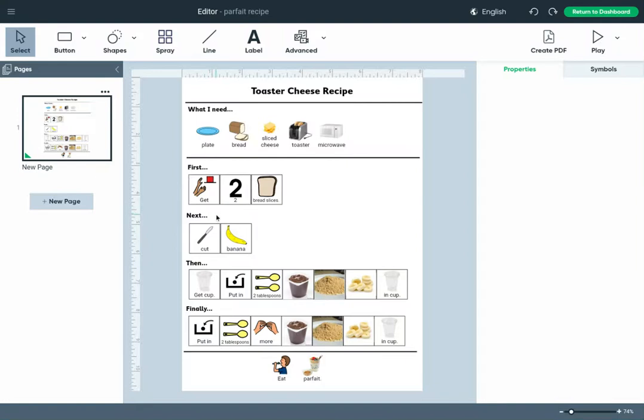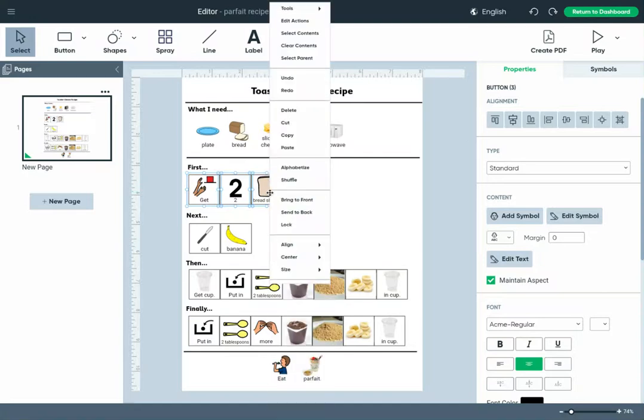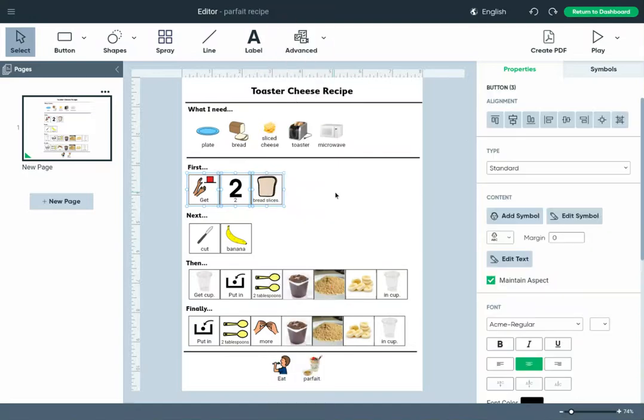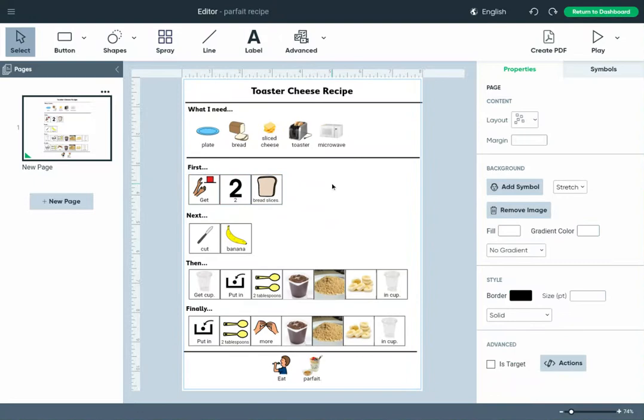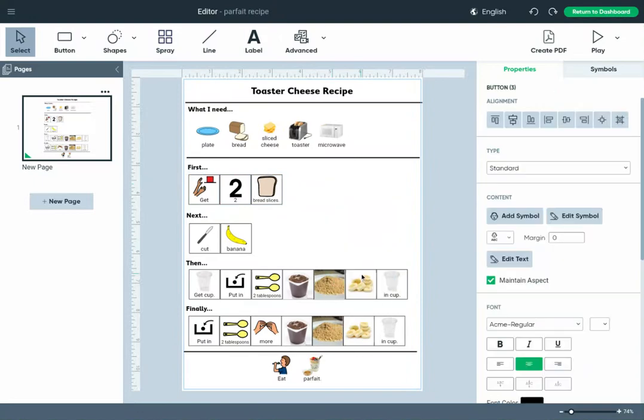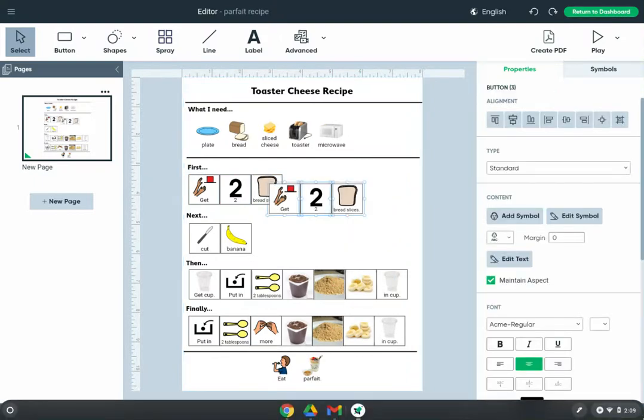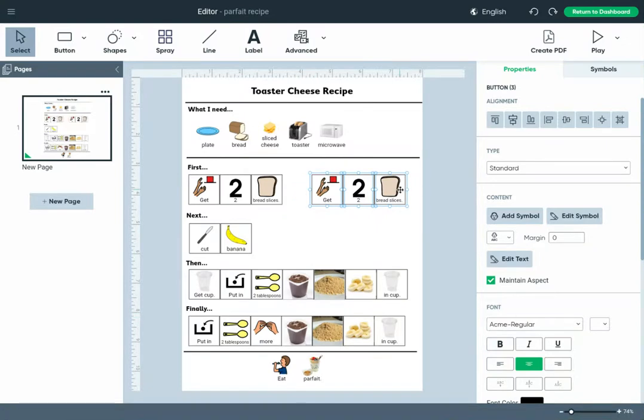So I can also select this, and I can right click, and I can say copy, and then I can click over here, and I can paste it. And now I can use my arrows on my keyboard to put it right where I want it. And then, so if I'm going to get 2 bread slices and get 2 cheese slices,